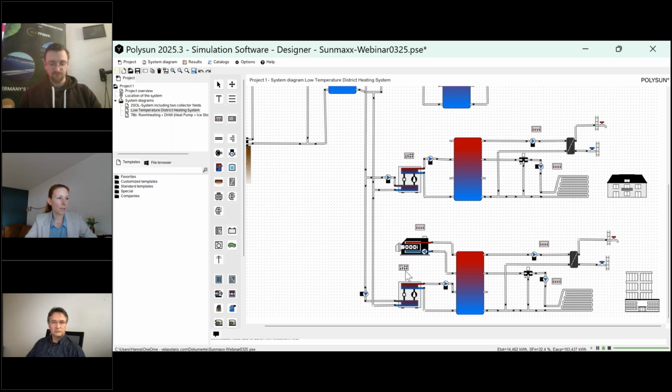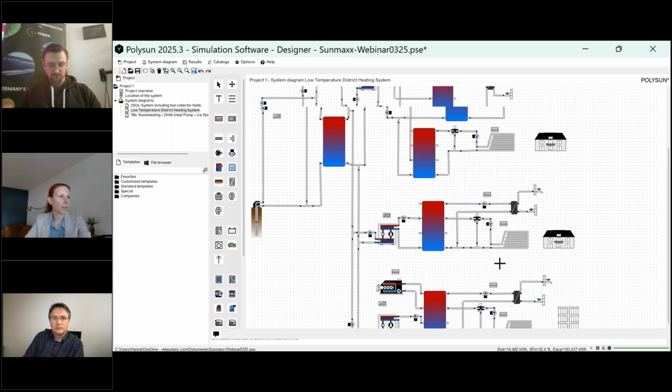And the controls here and here allow me to also align these two heat generators together so that they can supply this building and still guarantee that we have a good system COP, so the efficiency of the entire system should be good. And you can determine it either on the individual building level, or if we zoom out again,